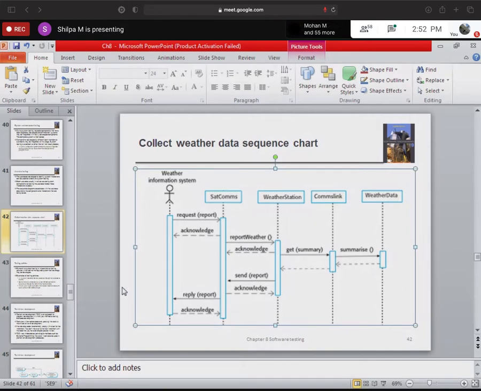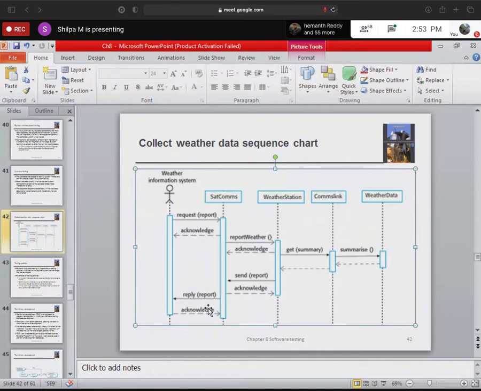Now, while I am doing component testing or unit testing, I would have checked only the summarize function. When I'm doing component testing, maybe from the comms link, I would have checked whether the summarize function is working. But in system testing, I will check the complete use case, starting from the weather information system, where it sends a request, until I get a reply and send an acknowledgement back.